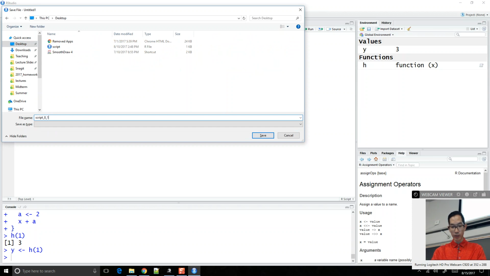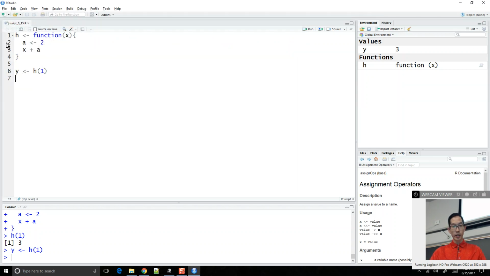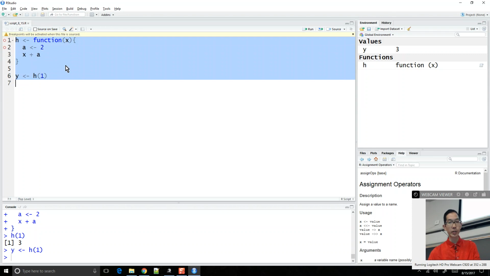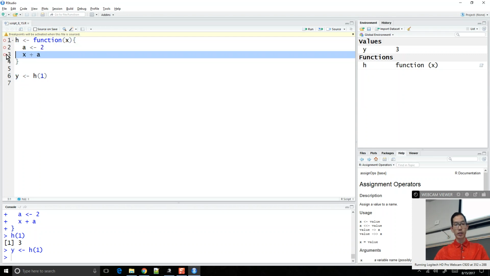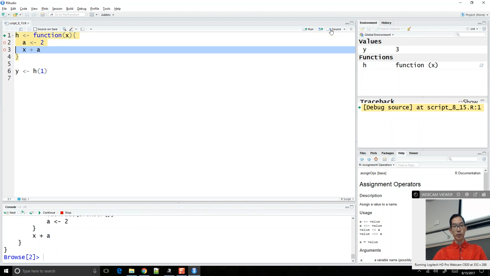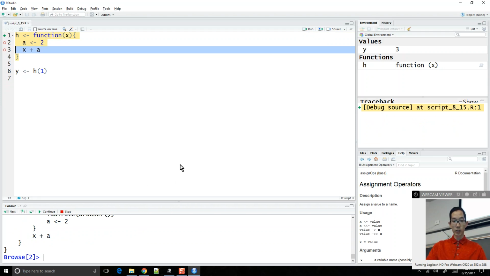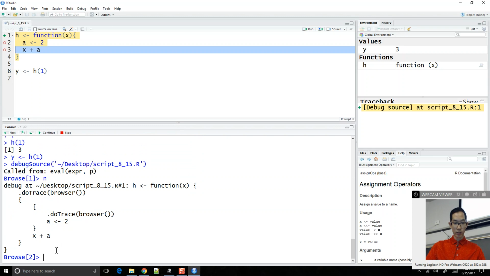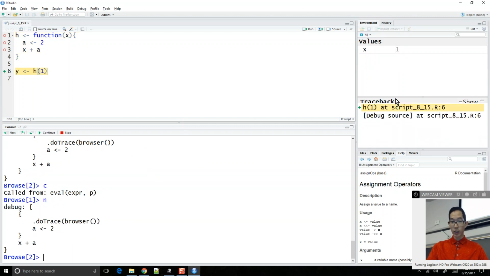Script for 815. Okay, and I can set a breakpoint. I'll just set a breakpoint at each of these things, and we will source this. Okay, and so when I run this, inside here, I can, let's see, we will click continue. All right, and so now temporarily, okay, as I continue on inside the browser,